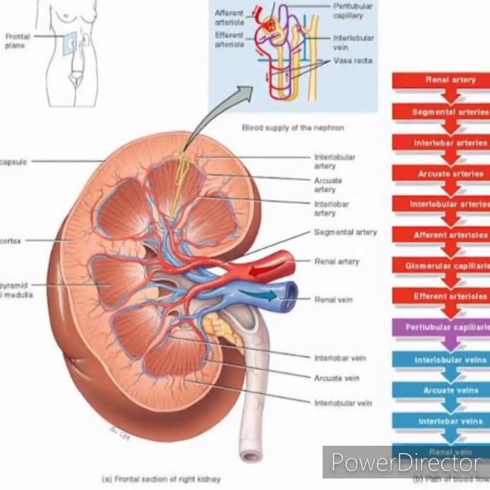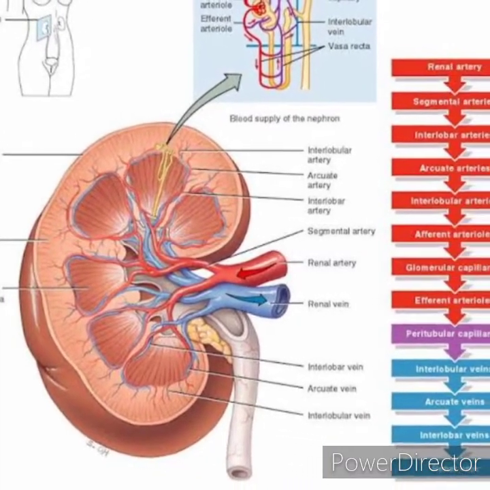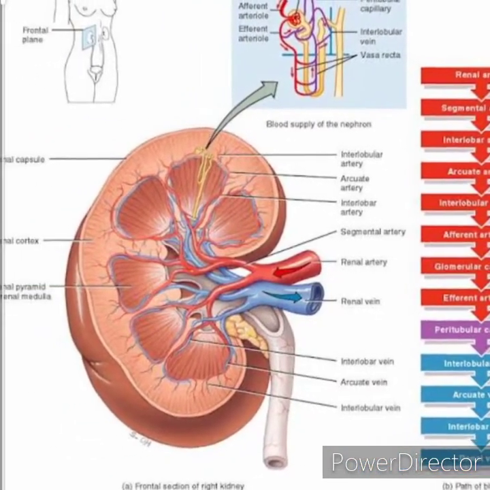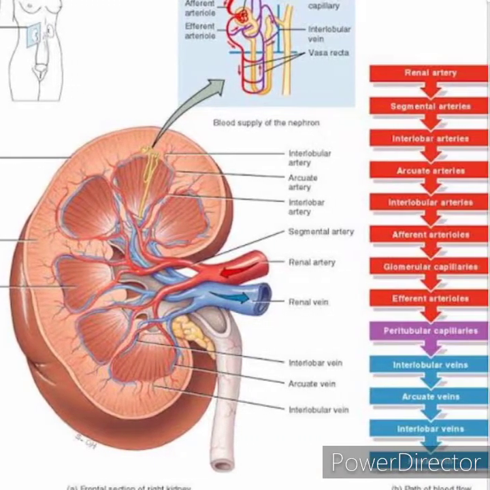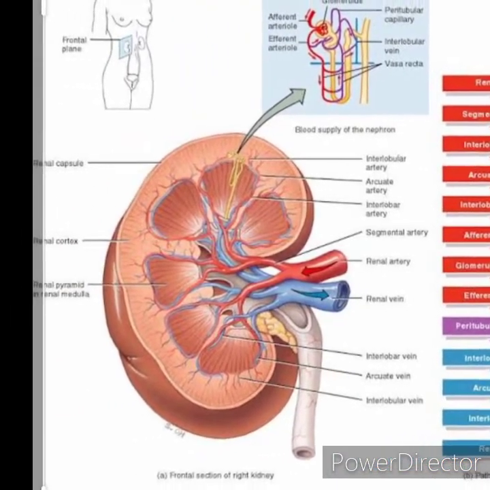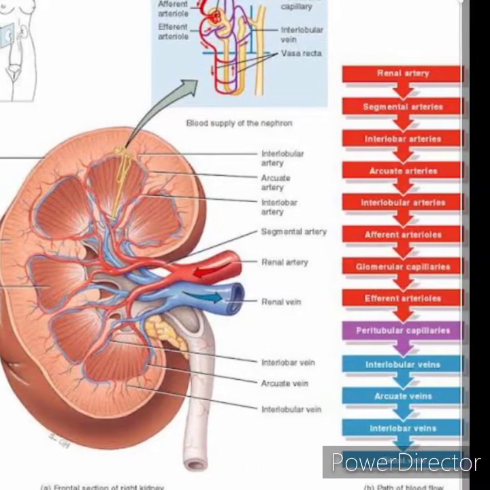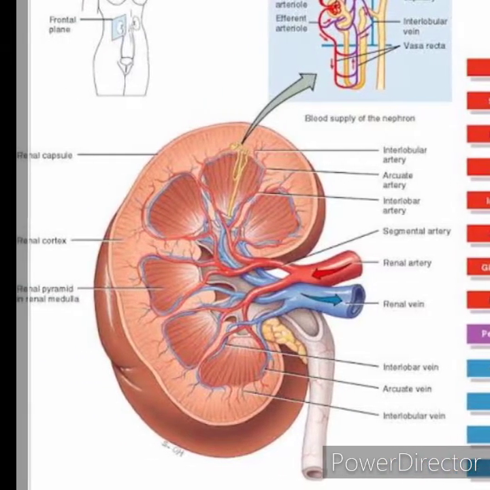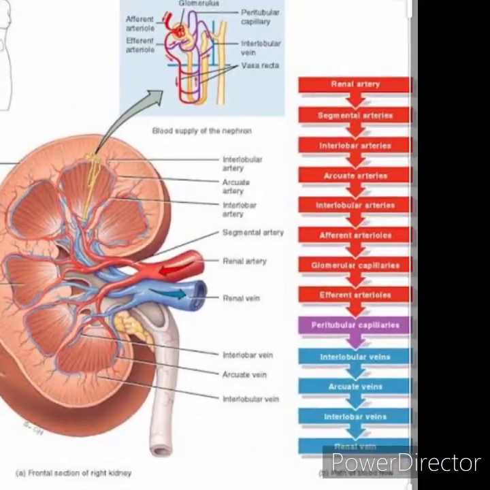Renal circulation. Introduction. Blood vessels of kidneys are highly specialized to facilitate the function of nephron in the formation of urine. In the adults, during resting conditions, both the kidneys receive 1300 ml of blood per minute or about 26% of cardiac output. Kidneys are the second organs to receive maximum blood flow. The first organ being the liver, which receives 1500 ml per minute. The maximum blood supply to kidney has got functional significance.